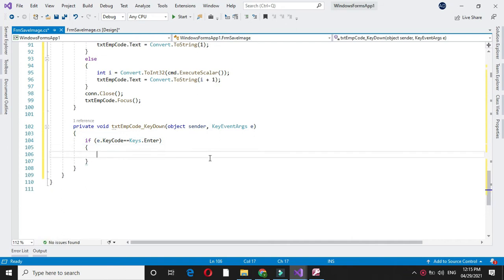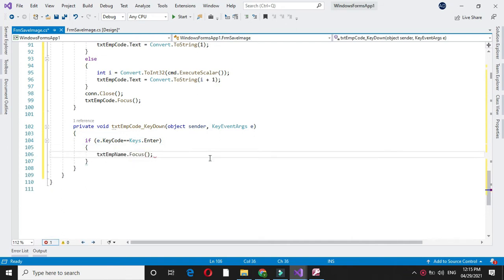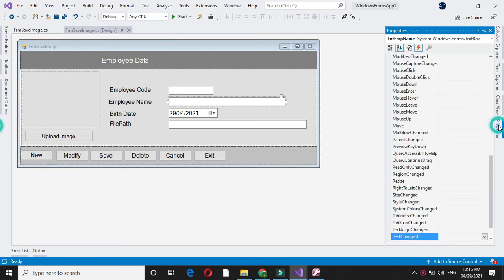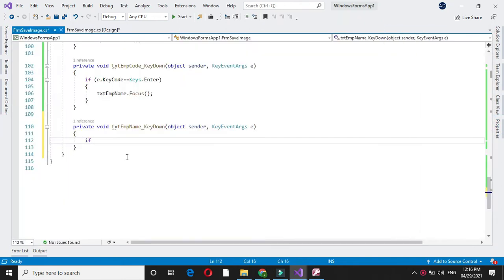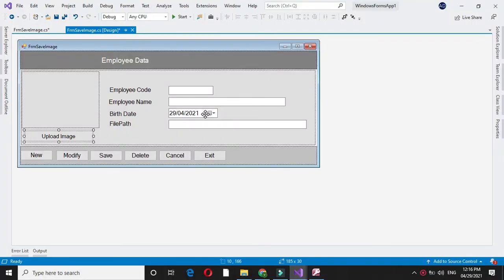Then we will set the focus to employee name. Then on employee name key down event we will set focus to birth date. On key down event of birth date we will set focus to the upload image button to get the image.